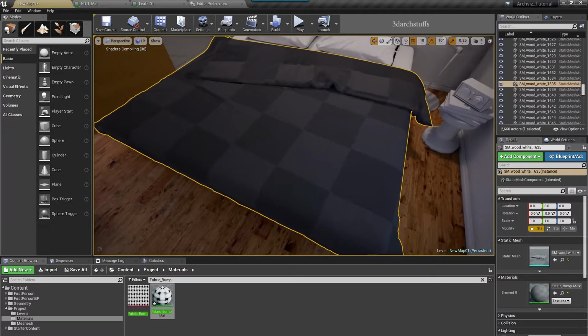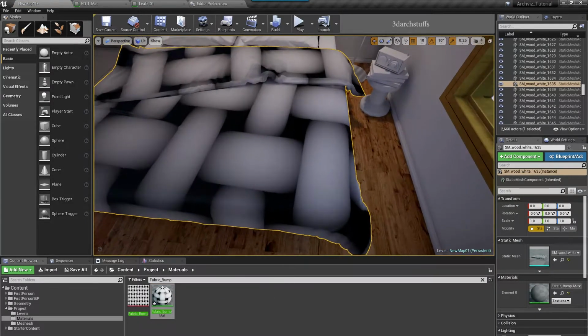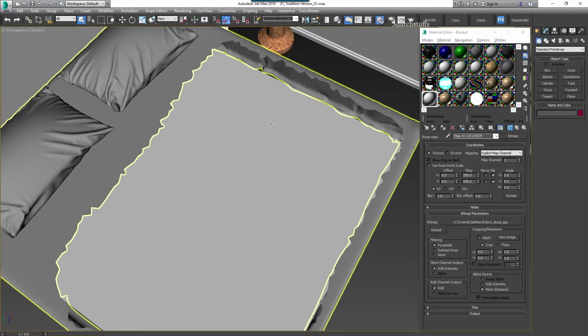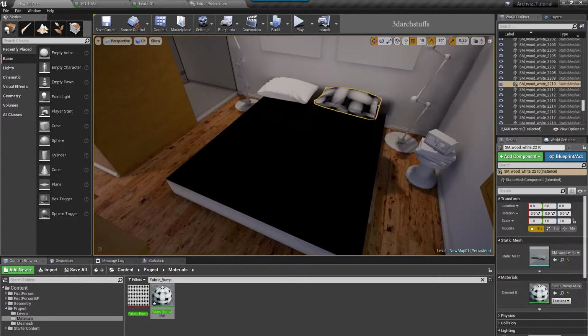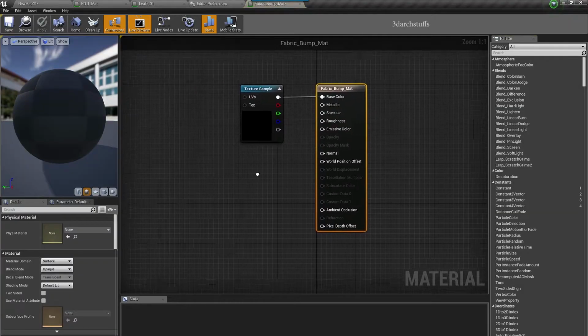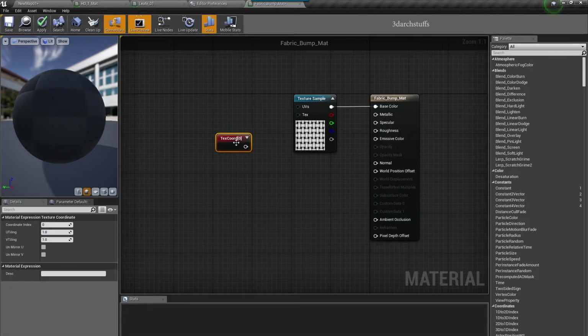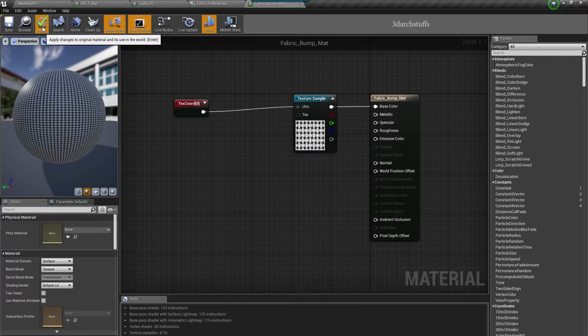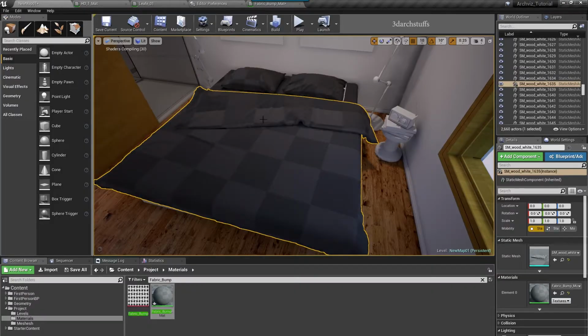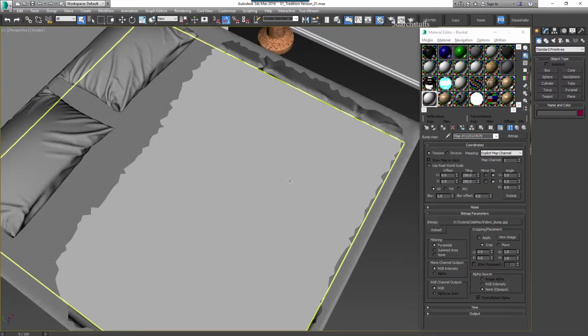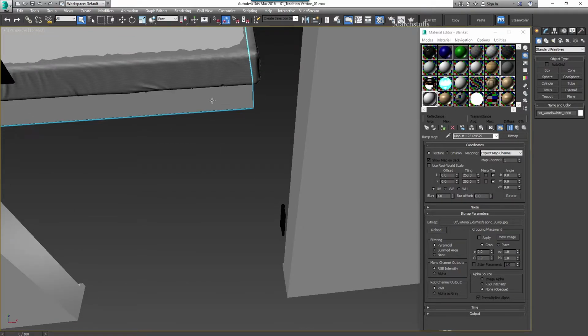Oops, don't worry about anything, just let it be. We will tweak them later. If you want, you can just go ahead here, right click in the viewport in the material editor, and then add a texture coordinate, and then apply this texture coordinate and make it 20 by 20. As of now, we'll tweak it further in our third phase. So as of now, just to look a bit better, I will give it